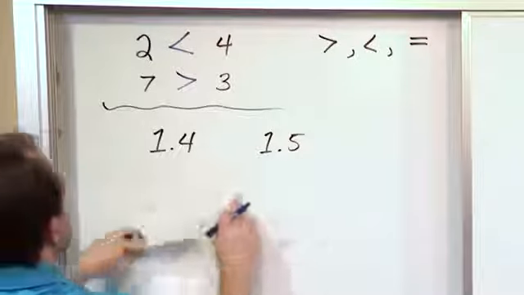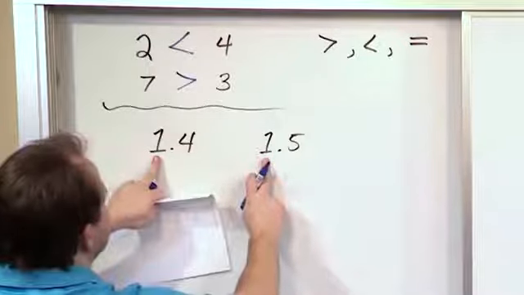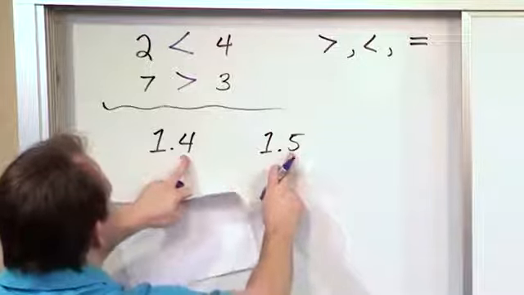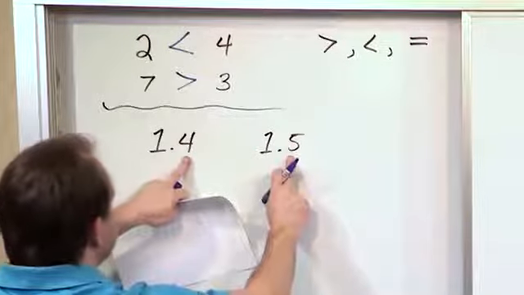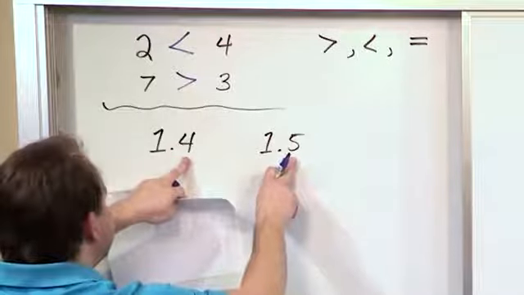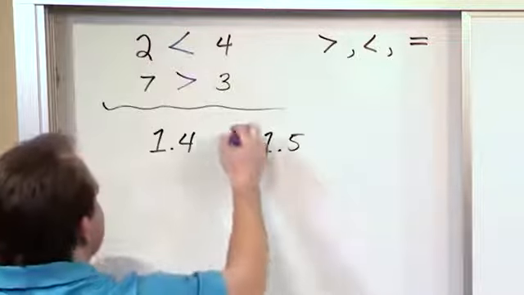So you start looking at digits. You compare the first digit of each one. Well, they're exactly the same, so I can't make a decision there. So then I go to the next digit, right, after the decimal point. Now we're looking at numbers that are after the decimal point. So here we have a 4, here we have a 5. There's only one digit after the decimal. This one is the smaller number, and there are no more digits to look at, so we always point to